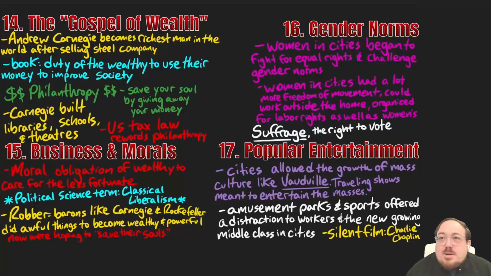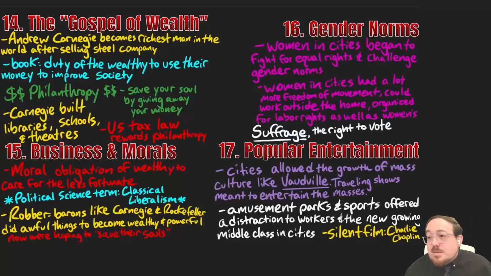And when you give your money away as a rich person, as an incredibly rich person like Carnegie, it's what's known as philanthropy. Now, if you're poor or a member of the working class or anybody else, and you give money away, it's charity. But if you are rich and powerful and you give your money away, it's called philanthropy, and it's also a tax break. So even though we will get income tax and things like that coming in during this period,